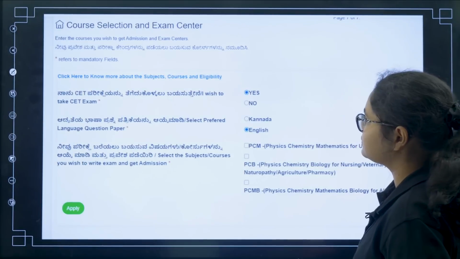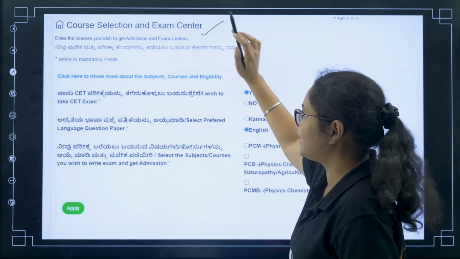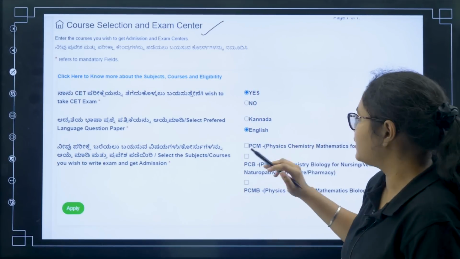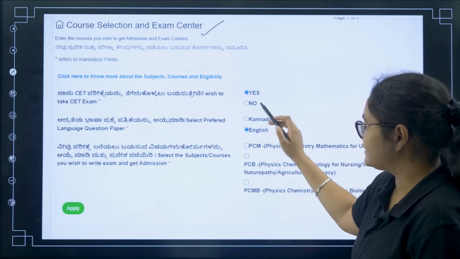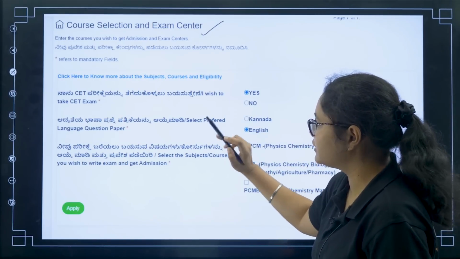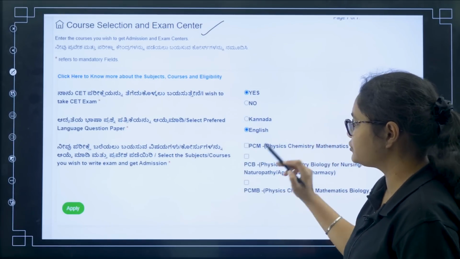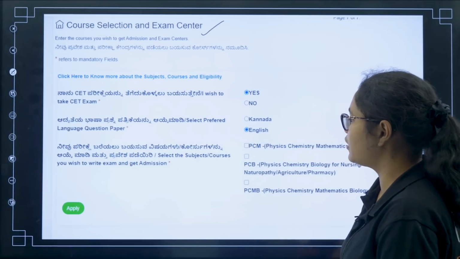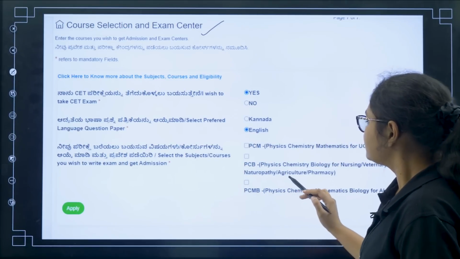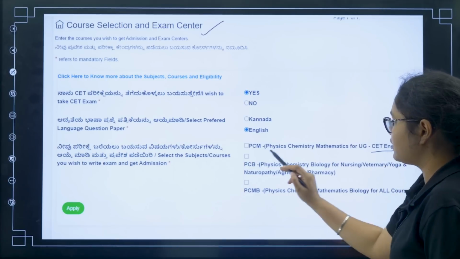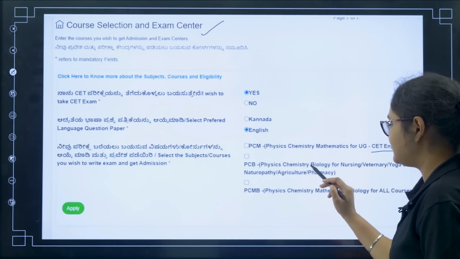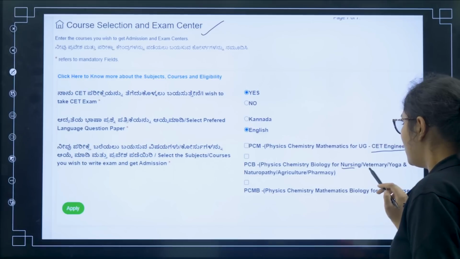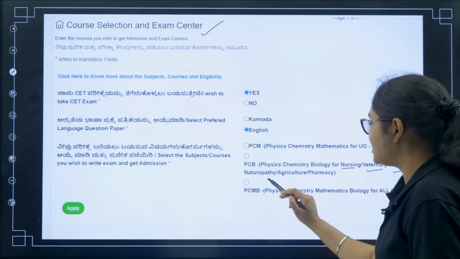Once you click on the next button, you will go to course selection and exam center. Here you have to select that you wish to take the CET exam, yes. Select the preferred language of the question paper, English or Kannada, whatever you want. Then select the subjects. If you want to go for engineering, you have to select PCM. If you want to go for physics, chemistry, biology for nursing, veterinary, yoga and naturopathy,